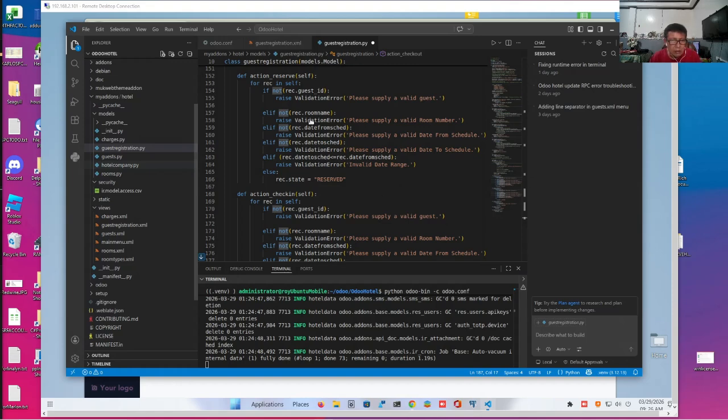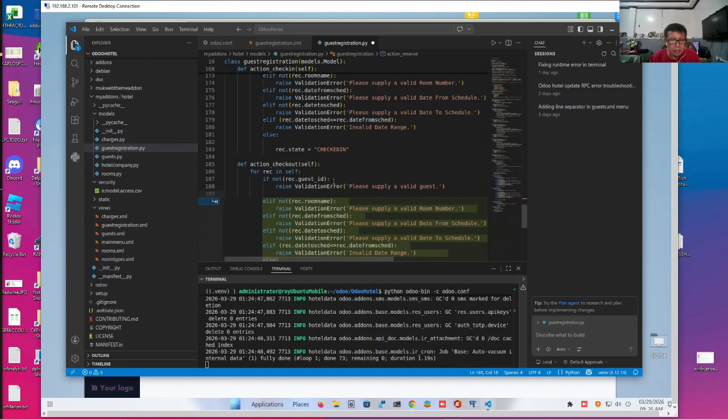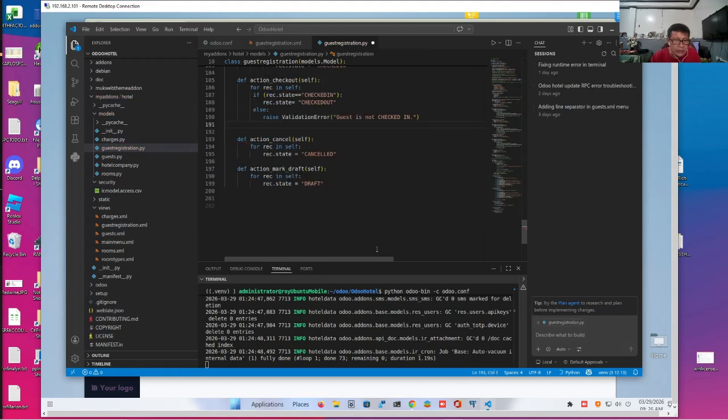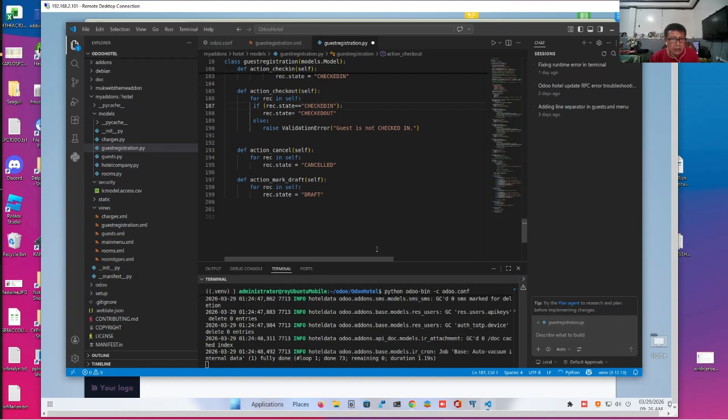Okay, so we can only check out a guest who has checked in. Okay, so let us, that's it. No, if rec is checked in, we say we can change it to checkout. Otherwise, if the state is not checked in, we will issue an error, which is guest is not checked in.